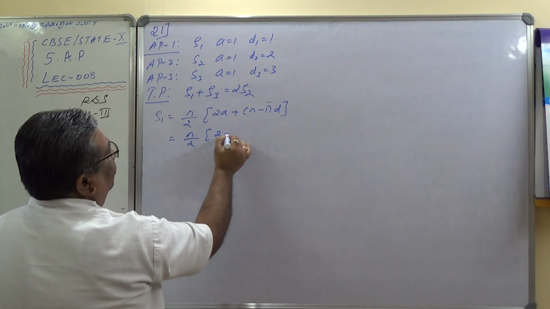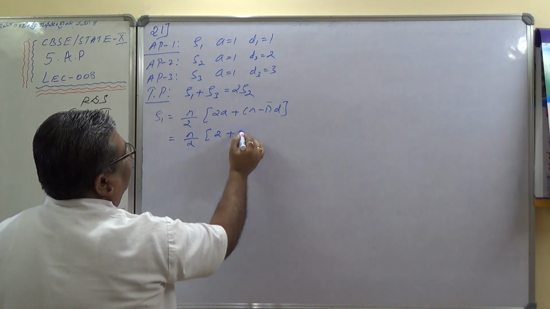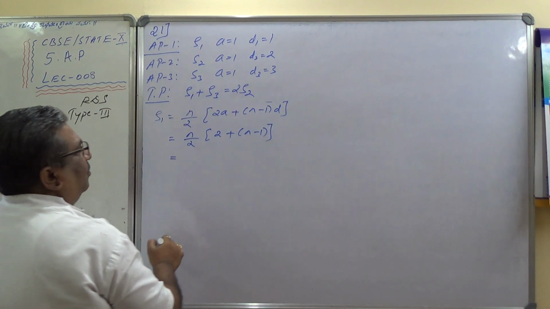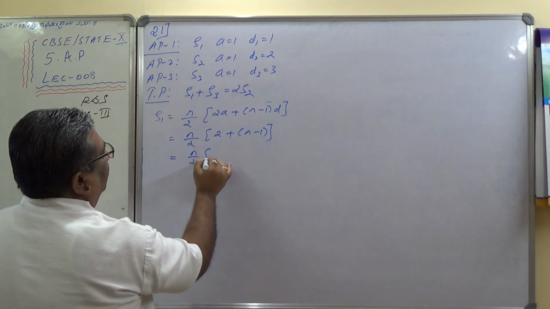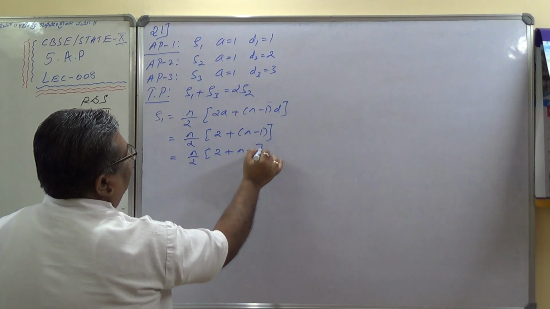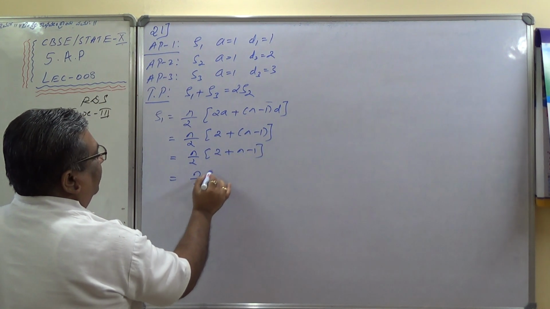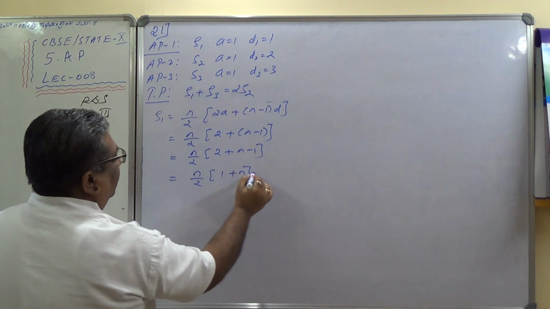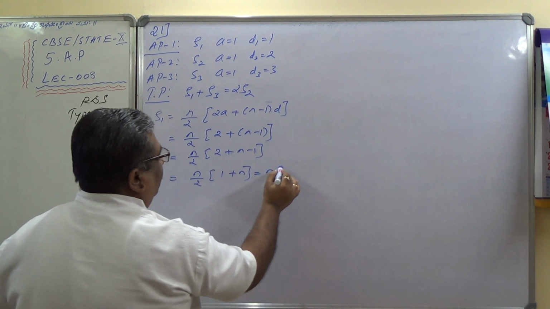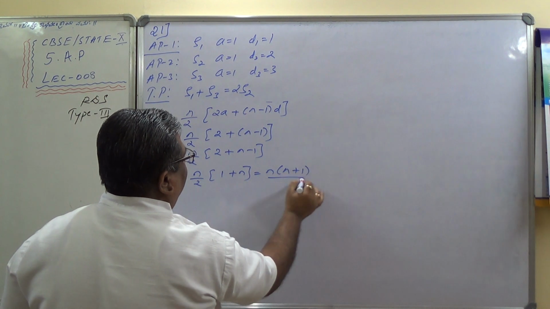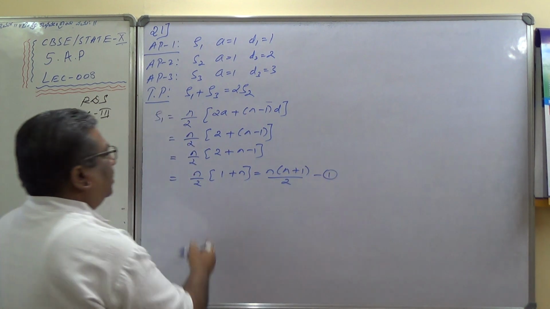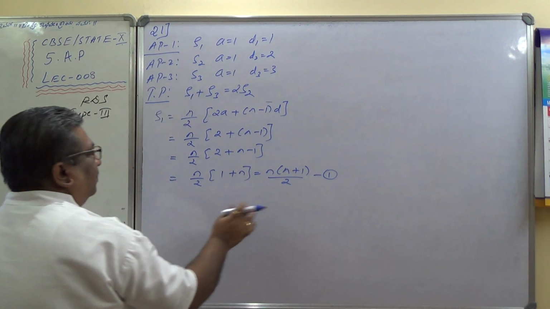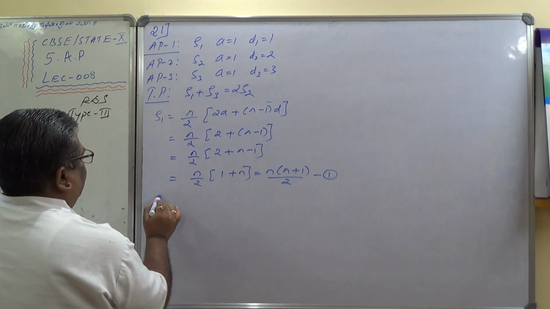A is 1, 2 plus d is also 1, n minus 1, isn't it? Which is equal to 2 plus n minus 1, n by 2 into bracket 2 minus 1, 1 plus n, which is n into n plus 1, the whole divided by 2. So S1 is n into n plus 1 by 2. Is it right? Correct. Now the second one, S2